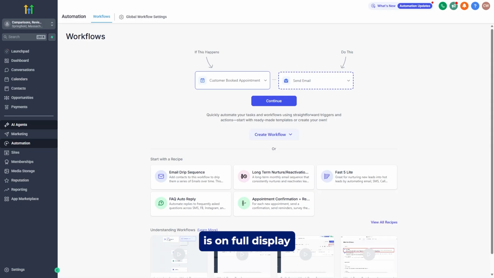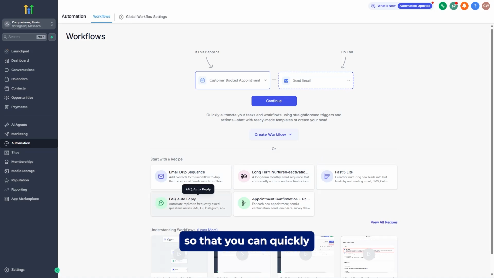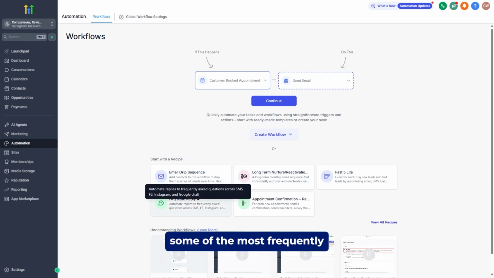The power of GoHighLevel is on full display in the automation section. These automated tasks will free up your time so you can take on more value-added work, things like closing a sale. HighLevel allows you to either build a custom workflow from scratch, or you can use what are called recipes for a workflow. Here, you can see a few example workflow recipes, like an email drip sequence for new contacts, long-term nurturing and reactivation for leads that may have gone a little cold, and FAQ auto replies so that you can quickly and easily reply to some of the most frequently asked questions across text and other popular forms of